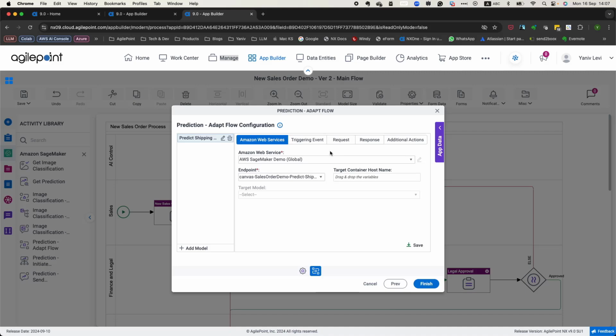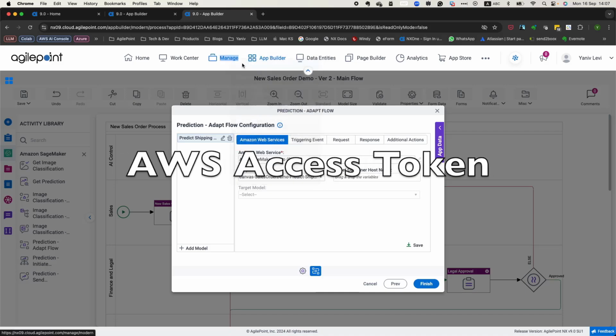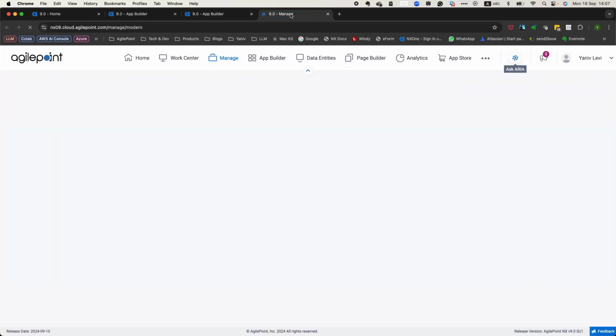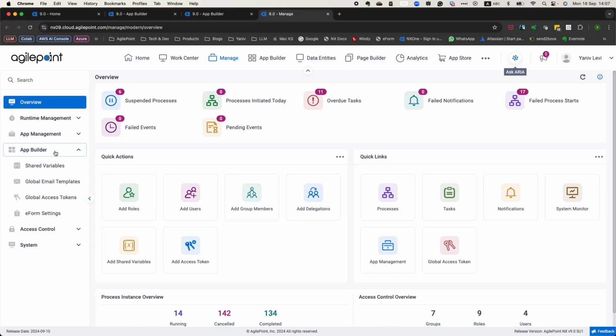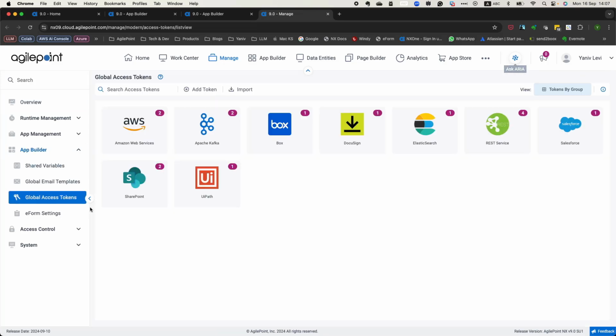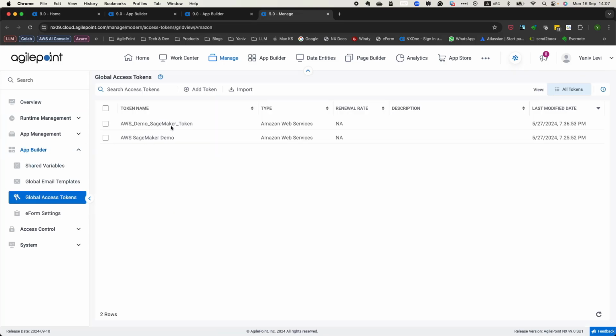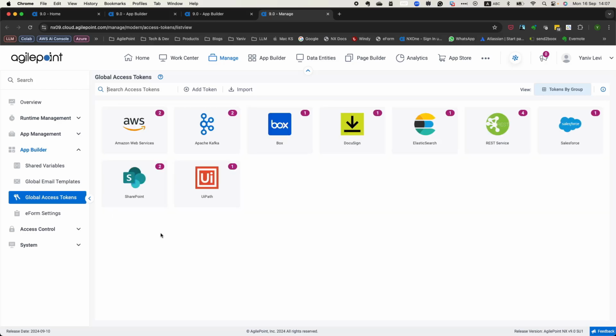Now, to quickly review the information required by the Amazon Access Token, let's quickly head into the Manage Center where we can create a Global Access Token. From Manage Center, we'll head into App Builder and then Global Access Token. As you can see, I already have 2 Amazon Global Access Tokens, but in order to show you the information and how you can create one from scratch, we'll head back into the Global Access Token page and click on